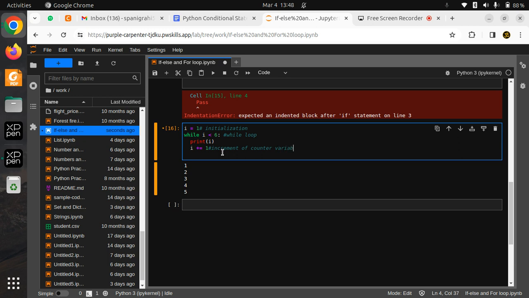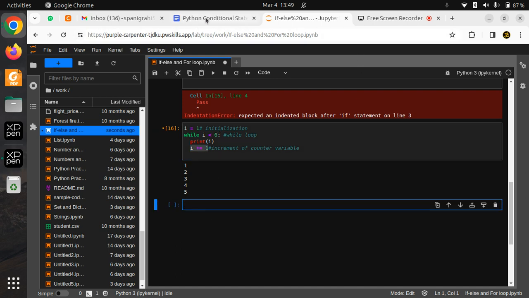काउंटर वेरिएबल का मतलब है जो वेरिएबल काउंट को होल्ड करके रखे। अभी आई का वैल्यू वो एक है तो एक प्रिंट हो गया, फिर आई का वैल्यू दो हो जाएगा, फिर दो छः से स्मॉल है तो प्रिंट हो जाएगा दो, फिर आई एक बढ़ जाएगा तीन हो जाएगा, तो अगेन तीन भी छः से छोटा है तो इस दौरान ये बढ़ते हुए जाएगा। ये होता है व्हाइल लूप।